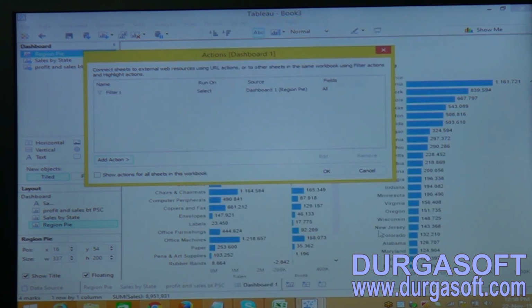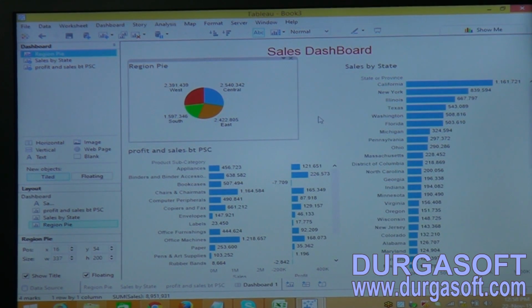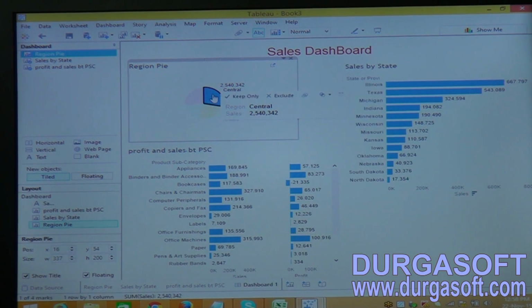So my source sheet here is the region pie chart, and the other targets are states and product subcategory. Now see, when I select the central here, it is processing and displayed the list of states which is relevant to the central region.